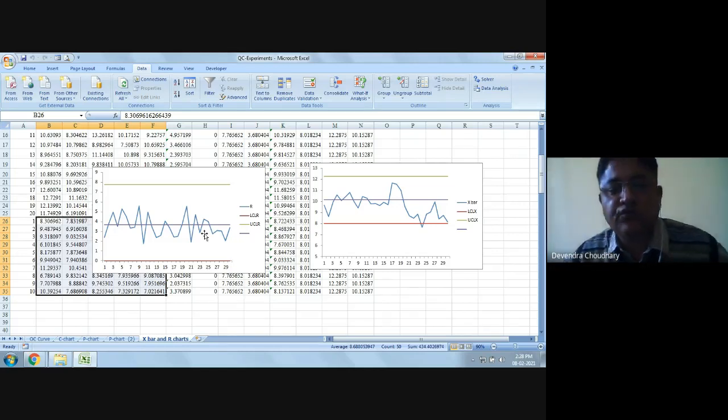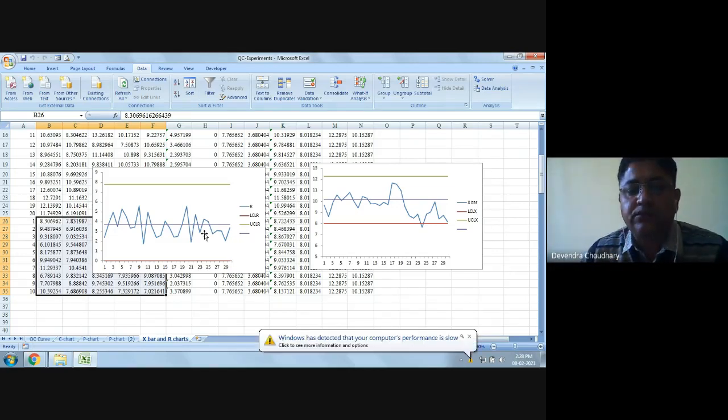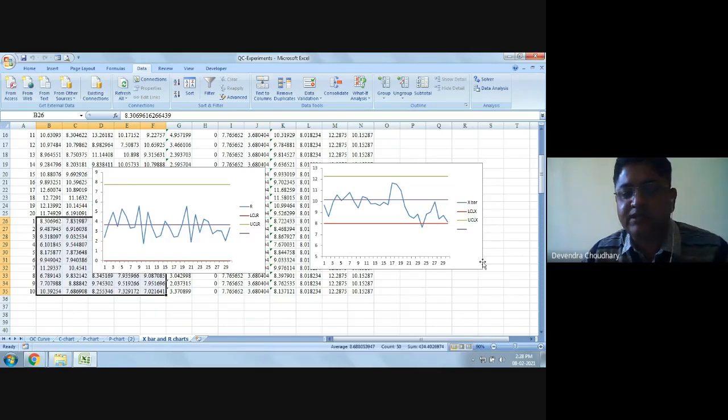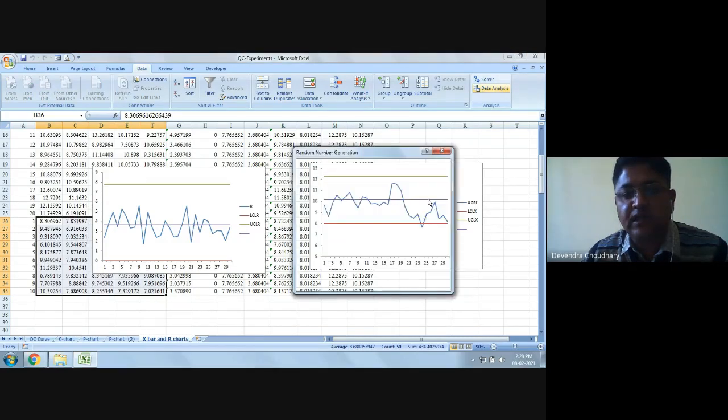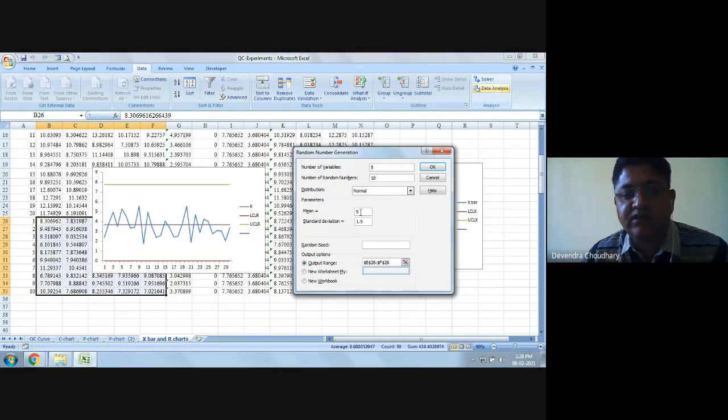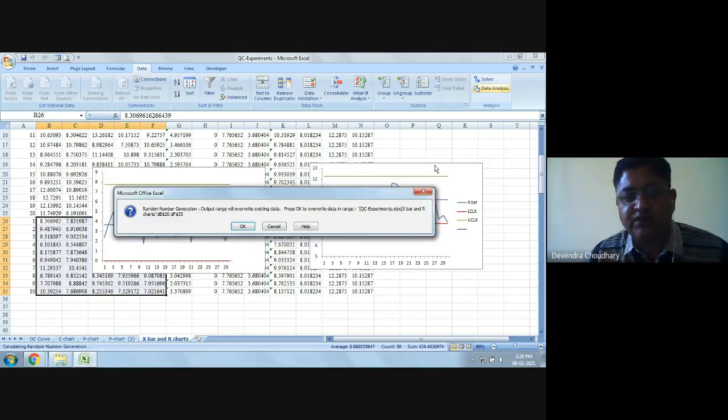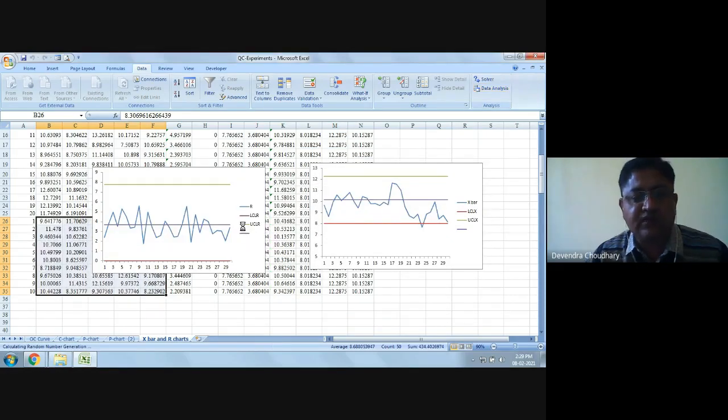Okay, so we have just changed one variable, that is shift in mean. Now let's say we make changes in standard deviation only. So we keep the mean 10, but let's say we decrease standard deviation by 1. Now, any decrease in variation is an indication of improvement in quality. So let's see what happens when our standard deviation has decreased. What you see